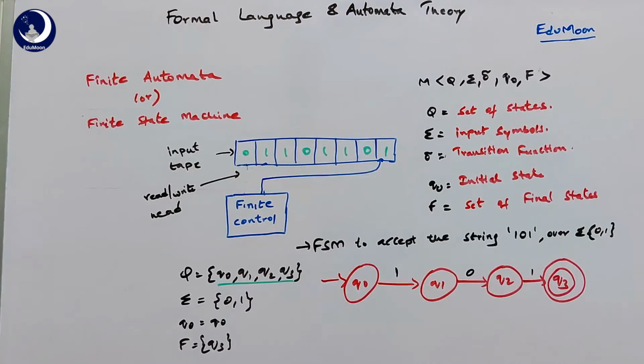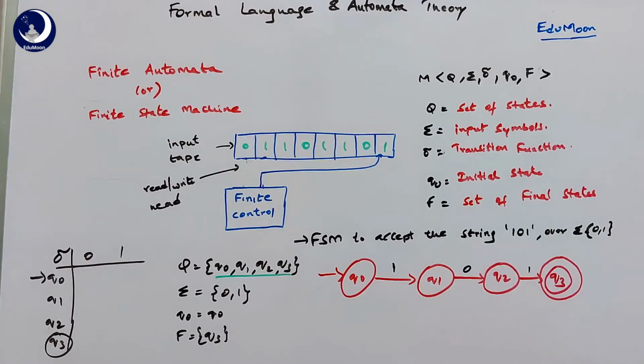And coming to the main delta function, that is the transition function, we write it in the form of a table. Here we describe the delta function, where the table shows the states Q0, Q1, Q2 and Q3, and we denote Q0 as the initial state using an arrow, and the final state with a circle. Now Q0 on 0: in the machine, Q0 on 0 is not given, so we simply put a dash or else a phi over there. Q0 on 1 goes to Q1, so we write it this way. Q0 on 0 goes to Q2.